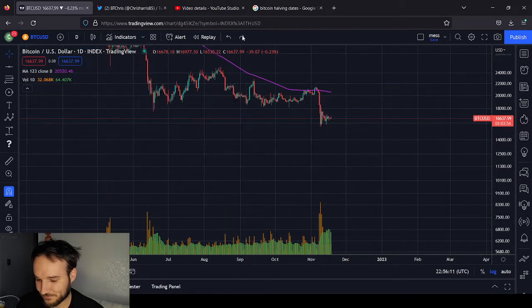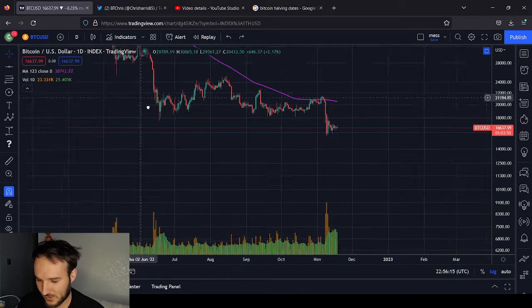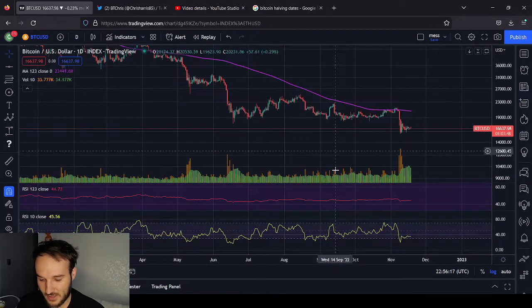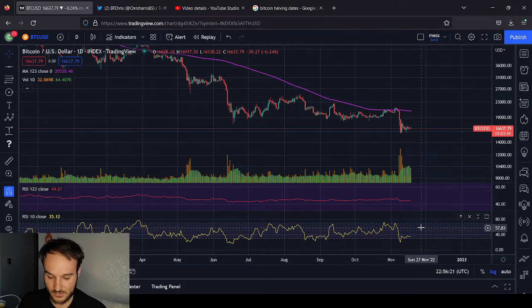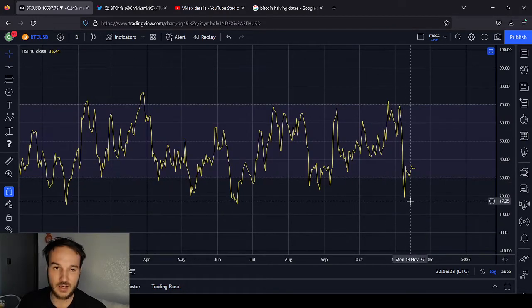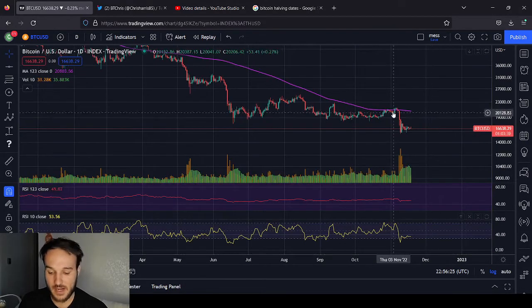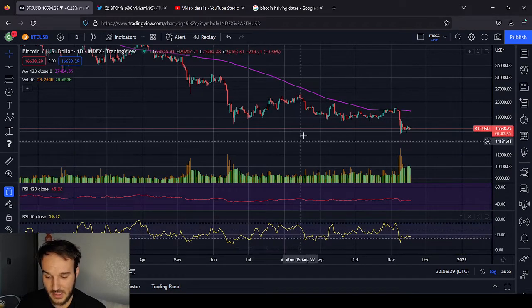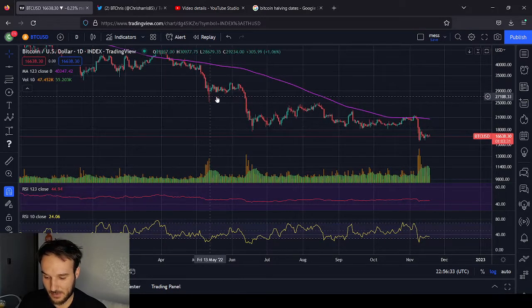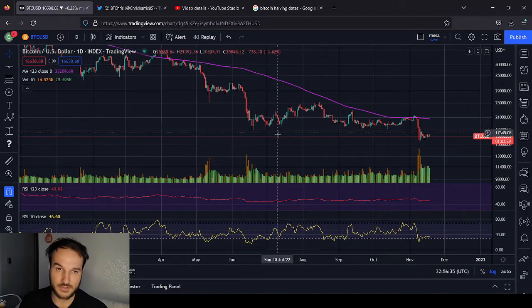Anyways, guys, I hope that all makes sense. I know that was a lot of lines that could have been confusing. All I'm trying to say is that these drops in the RSI, whenever we get into the oversold zones, are not normally standalone events. They come in pairs, sometimes even triplets, like we had here. And every single time you get a pair of them, it's just lower prices.